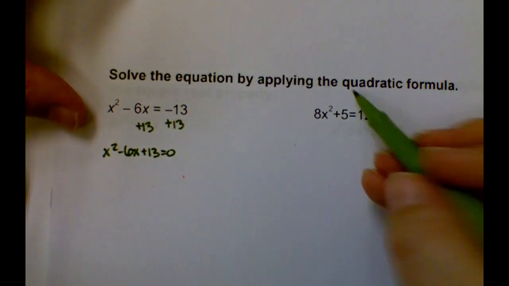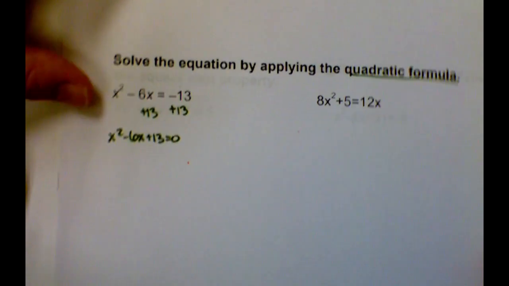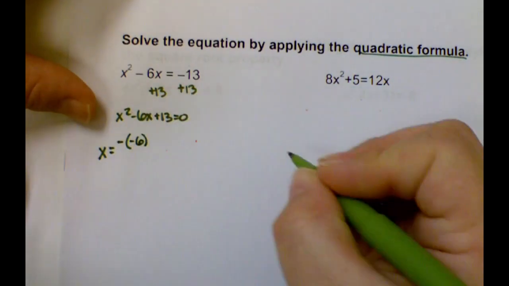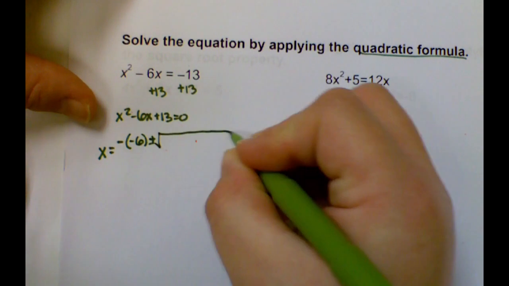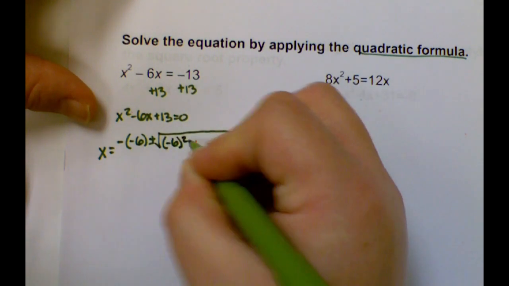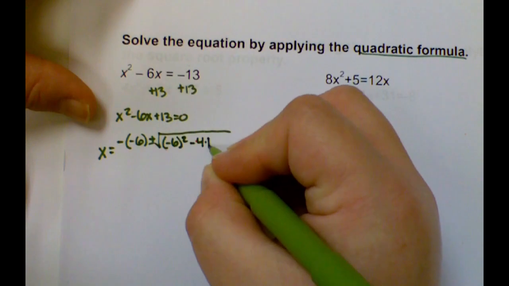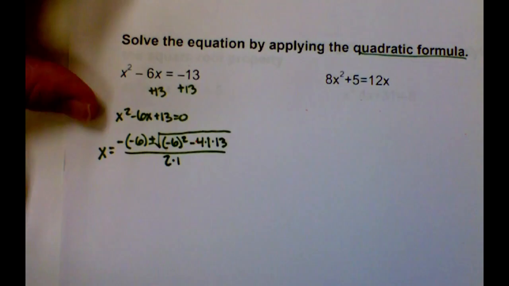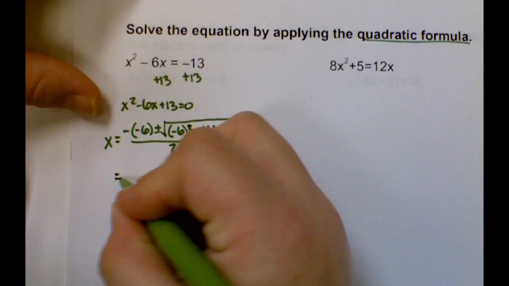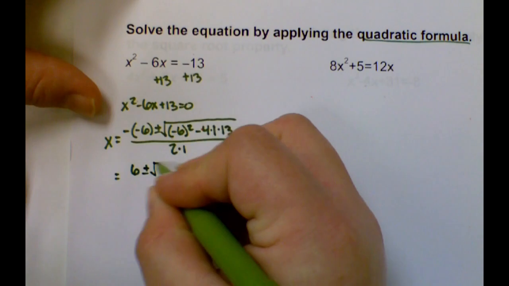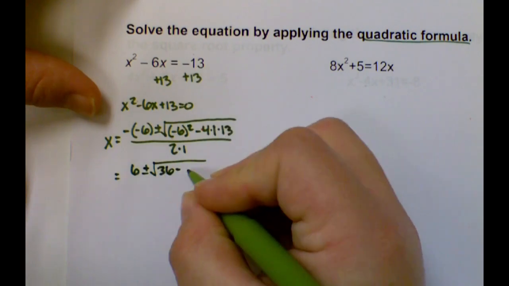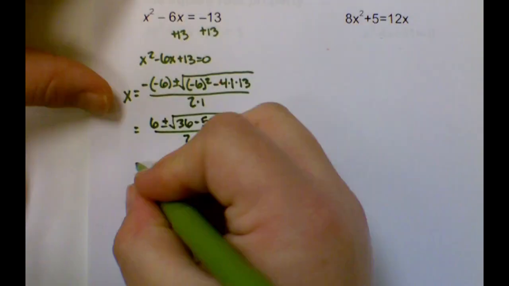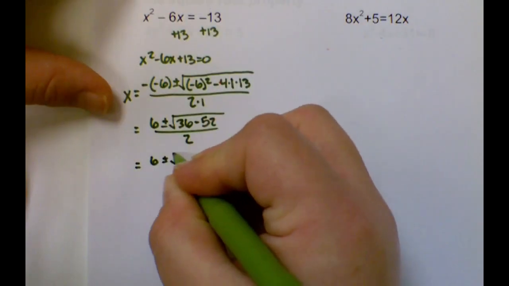Now, I'm telling you, these are quadratic formula problems, so we're going to dive straight in. x is equal to negative b, which is negative 6, plus or minus the square root of b squared, which is negative 6 squared, minus 4 times a, which is 1, times c, which is 13, all over 2 times a, which is 1. This simplifies to 6 plus or minus the square root of 36 minus 52, all over 2. And 36 minus 52